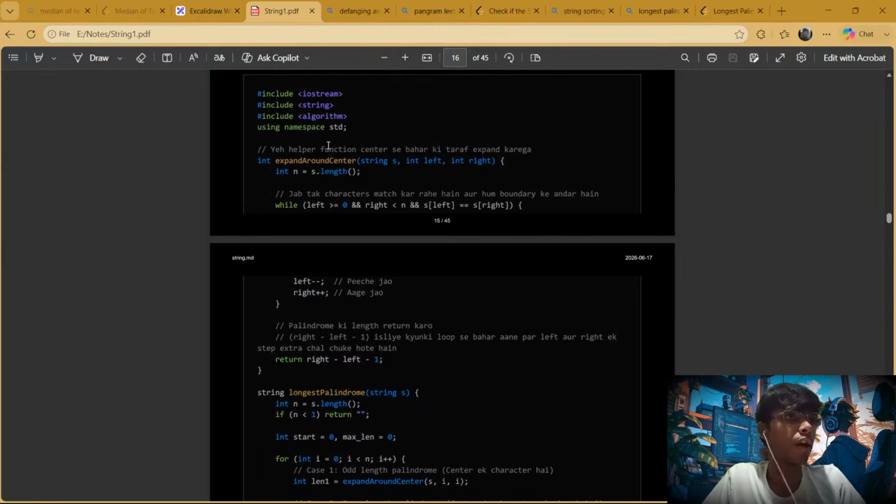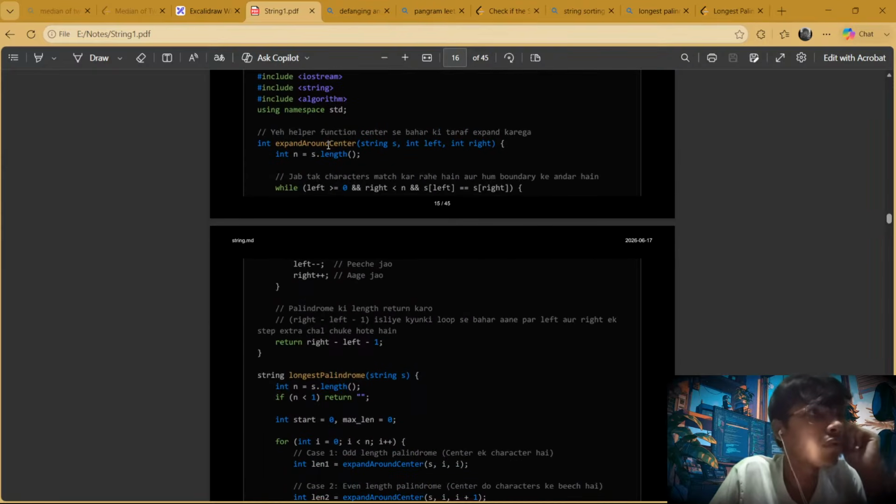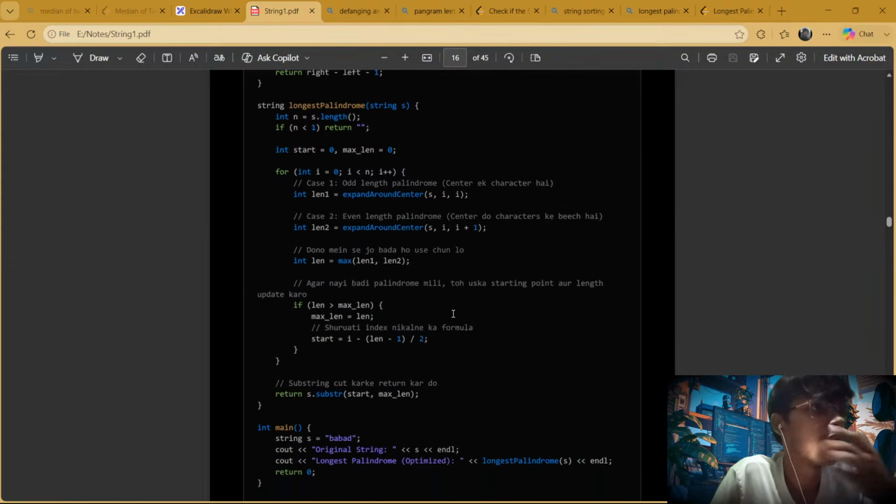अब ये फंक्शन कर क्या रहा है कि लेफ्ट जब तक 0 से बड़ा है और राइट जब तक n से छोटा है, और ये दोनों बराबर ही हैं, लेफ्ट को पीछे जाओ और राइट में आगे जाओ, और उसके बाद राइट माइनस लेफ्ट माइनस 1, पैलिंड्रोम की लेंथ रिटर्न करो। राइट माइनस लेफ्ट माइनस 1 इसलिए क्योंकि लूप से बाहर आने पर लेफ्ट और राइट एक स्टेप एक्स्ट्रा चल चुके होते हैं। अच्छा, ठीक है। उसके बाद देख लो कि जो तुमने लेंथ निकाली, क्या वो मैक्सिमम लेंथ से ही बड़ी है।